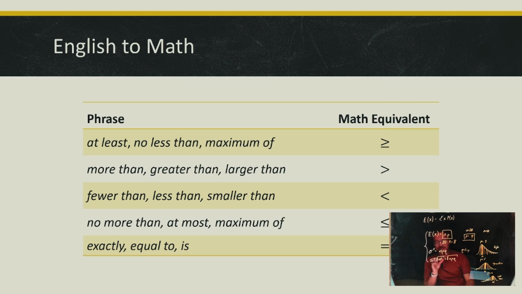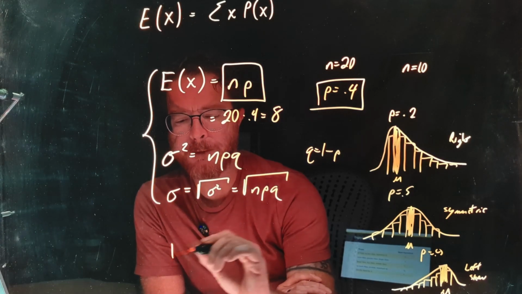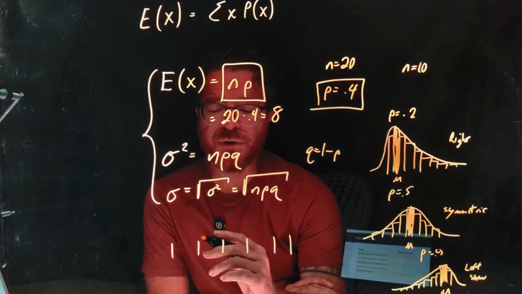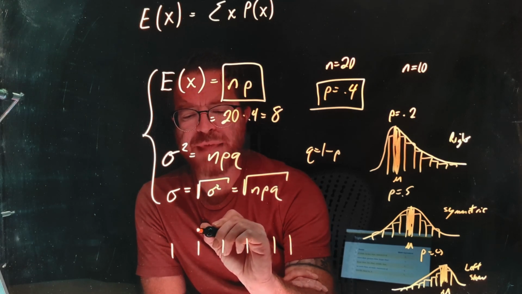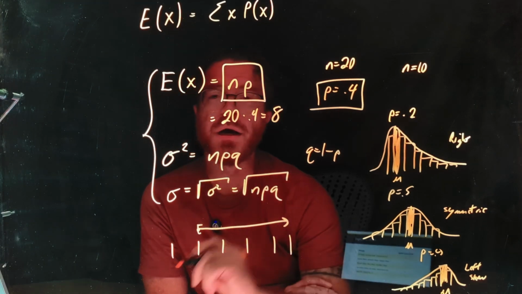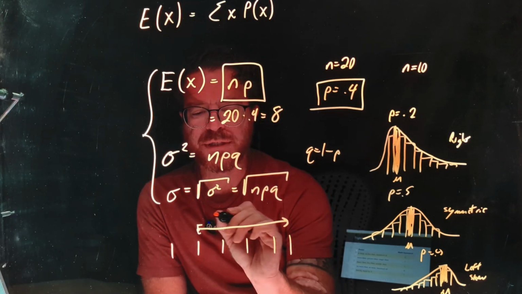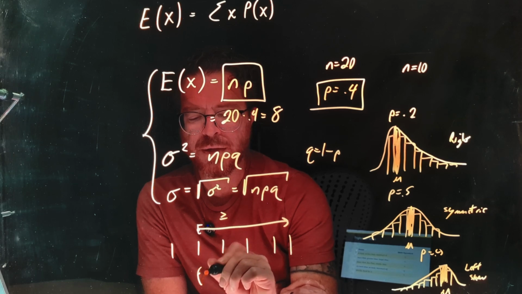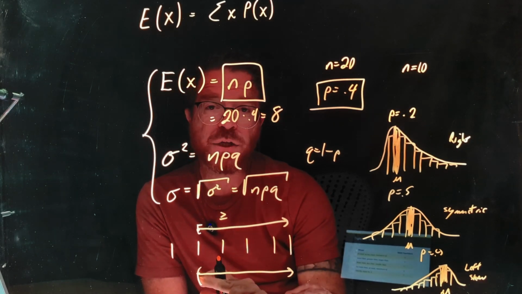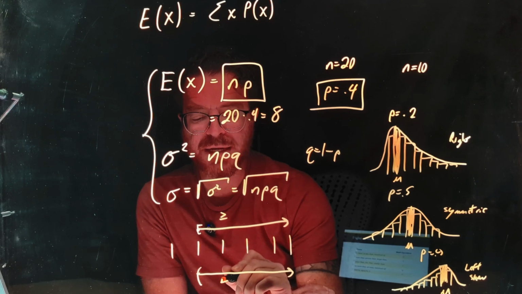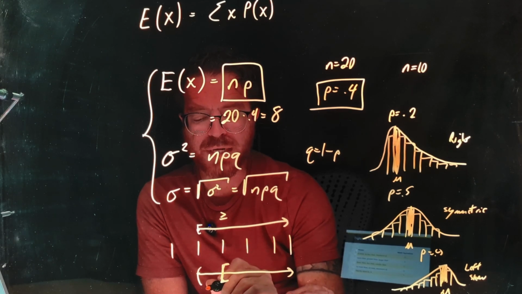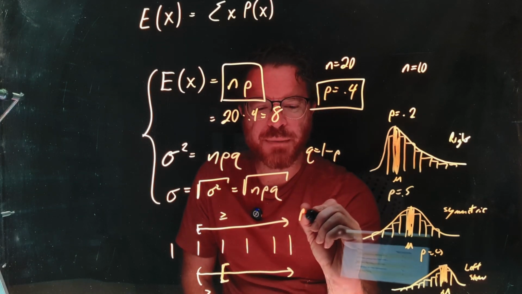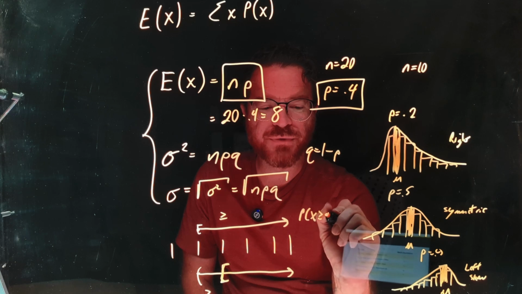Now, the reason this is important is when we have discrete data, if I say greater than or equal to, that means that it is everything from that point up. If I say greater than, this point is not included. That is the same thing as saying everything that is greater than or equal to the point that is above it. And this is super important because in discrete probability, probability of x greater than or equal to 4